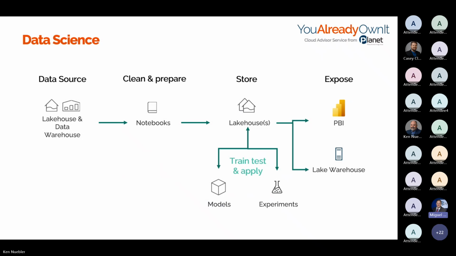If you've been out to Azure AI Studio lately, you know that we have 1,800 different models to choose from in the Microsoft ecosystem. So I can expose this and utilize it against any of those models from an AI perspective, or AML, Azure Machine Learning, or other types of machine learning. And of course, I can also expose that via Power BI.